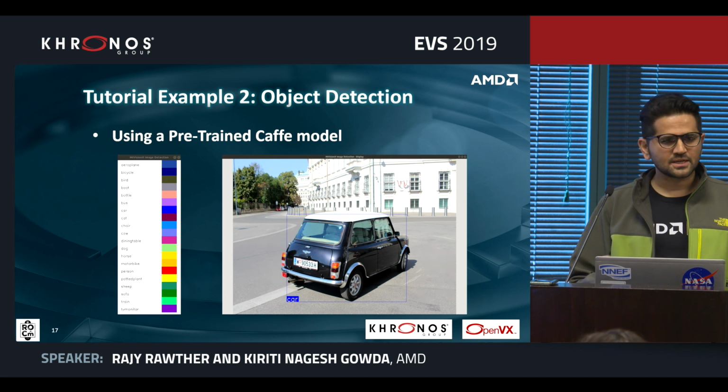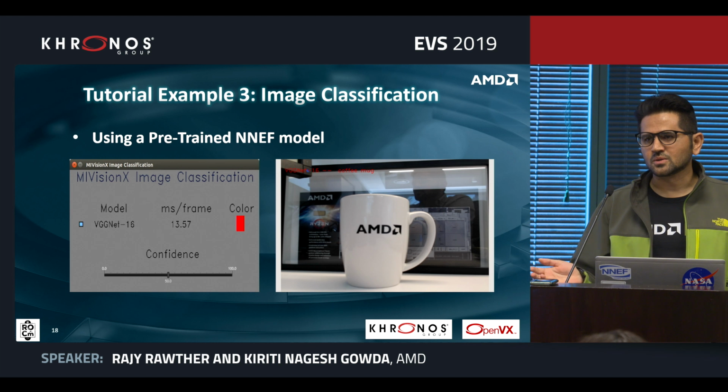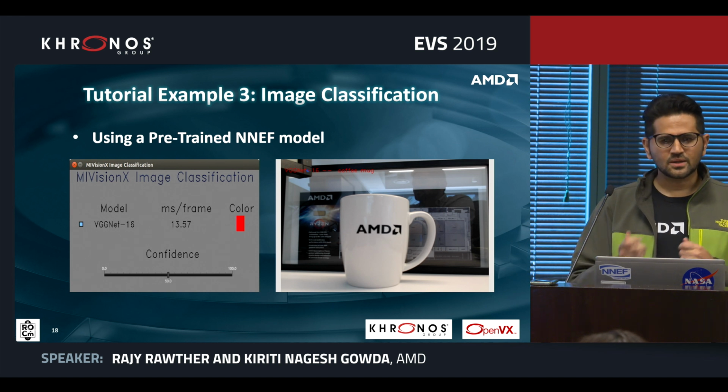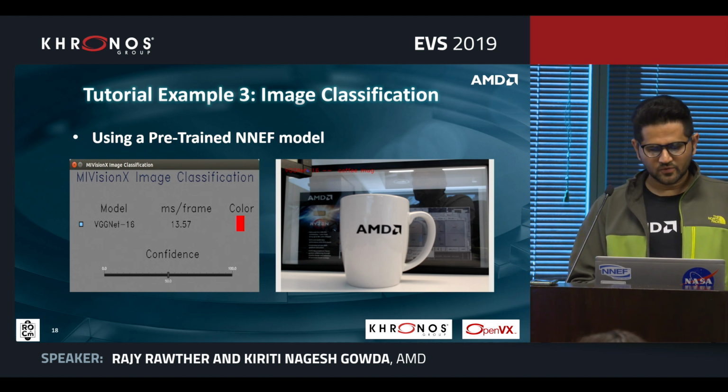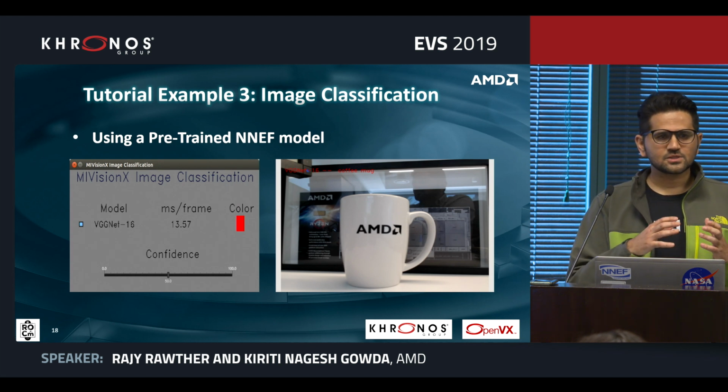We'll just run an object detection model. For this case, we'll download a YOLO v2 ONNX model, Caffe model, and just run it. And if we do that, then we'll run another NNEF model from the NNEF model zoo, just to cover all the different formats we have. So what we'll do is we'll start with example 1 with mine,